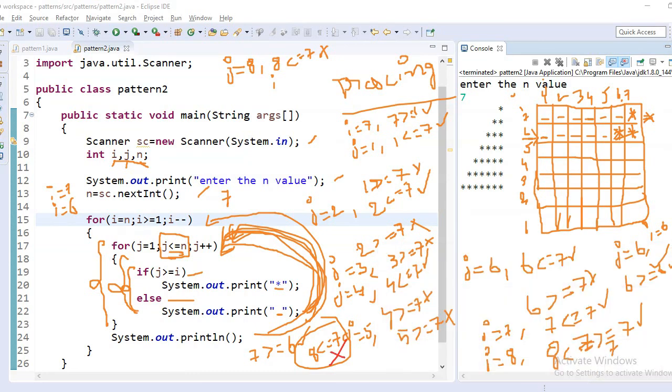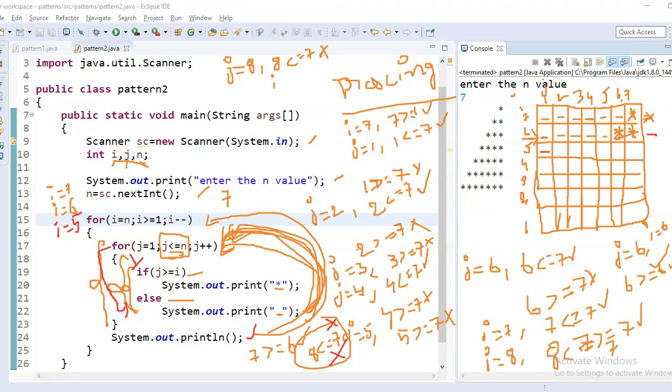Because 8 less than or equal to 7, 8 is bigger than 7, so the condition is false. If condition is false, it will not go inside the body and comes out of that for loop, and it will go to the next line. The cursor goes to the next line, and i value is decremented by 1. So now i value equal to 5.